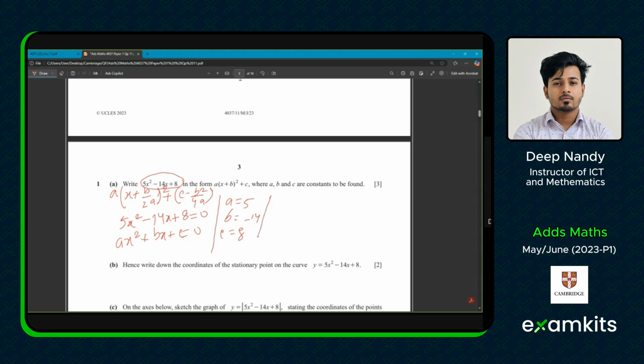Putting these values in the formula, 5 times x plus b, that is minus 14, by 2a, 2 times 5, whole square plus c, which is 8, minus b square, that means minus 14 whole square,